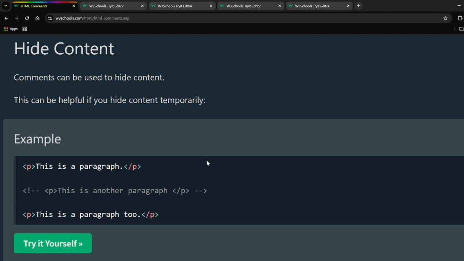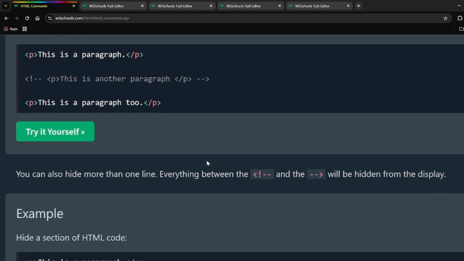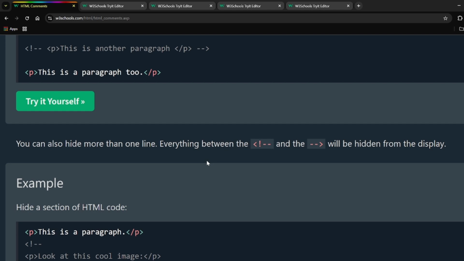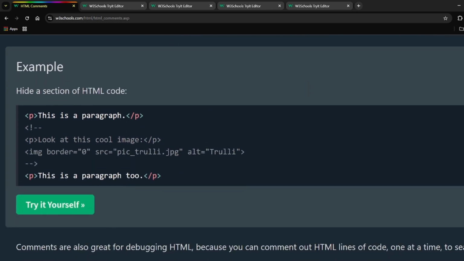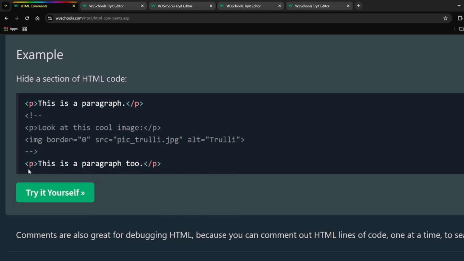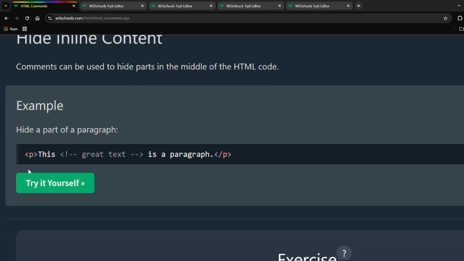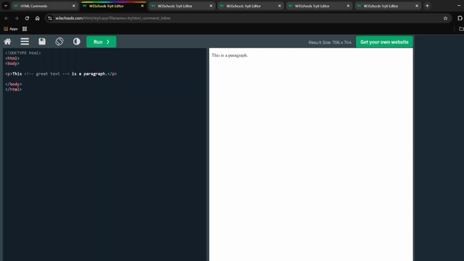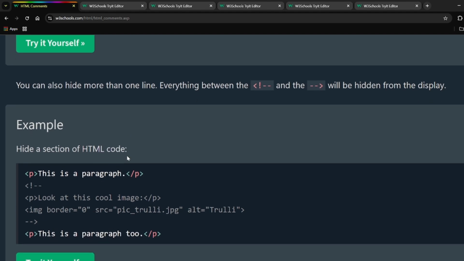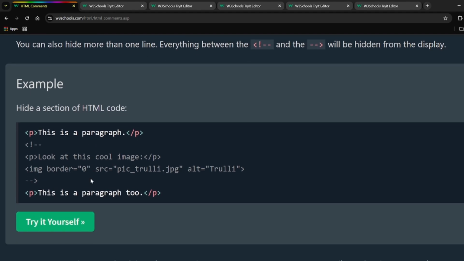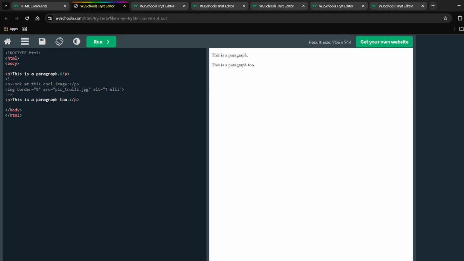Then comments can be used to hide content, so if you don't want to show something, it's basically the same as in Python, when you just want to comment out something. And you can hide a section like this. So you just open it here and then close it at the bottom. And then you can do an inline comment. So here, you can just put it into a line. So it's quite versatile. And here, if you look at this, then all of this is basically